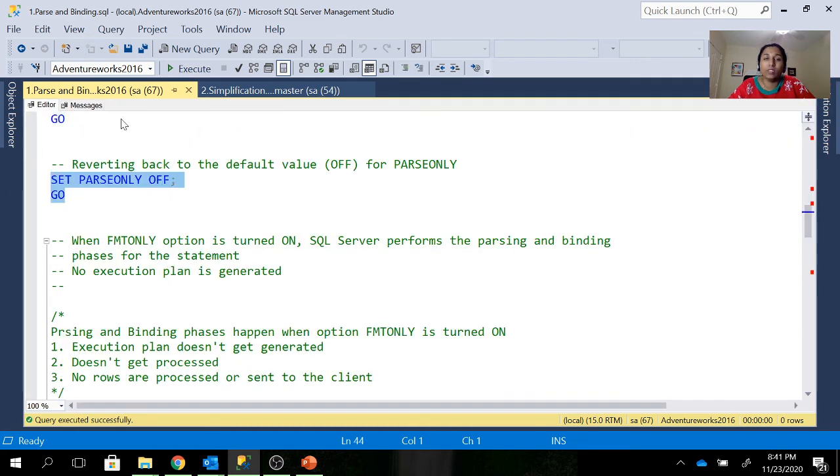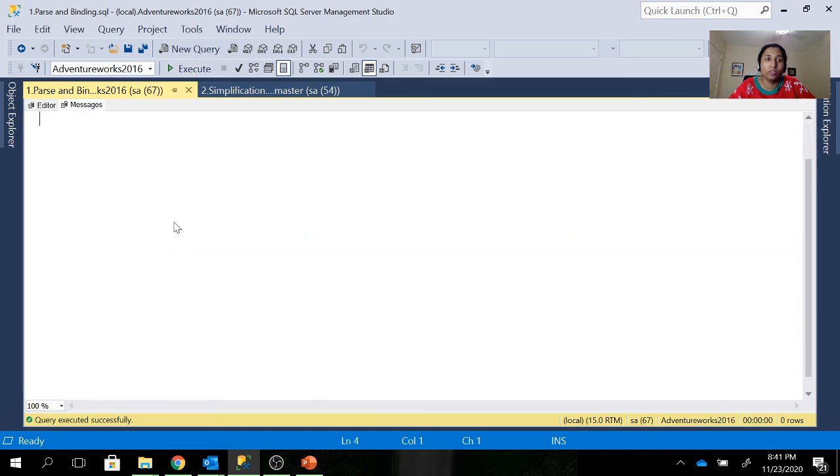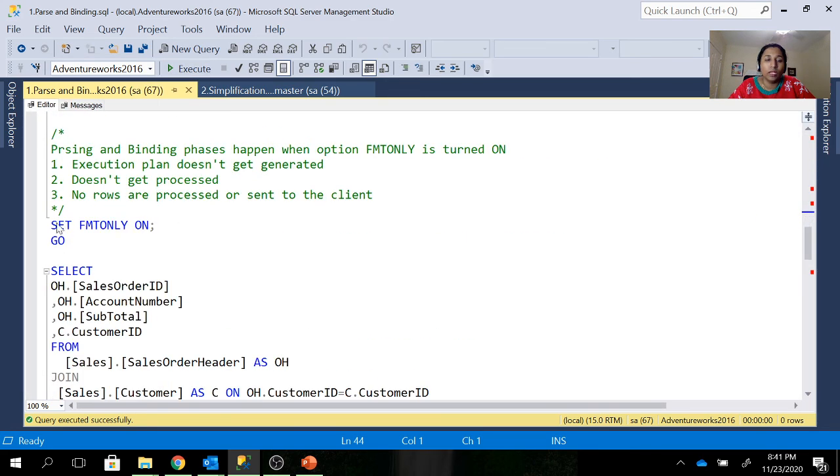Let me turn off this parse only option, and now let me turn on the format only option. Now when I turn this format only option on, the parser as well as the binder components will be invoked. Basically the format only option is deprecated, but for this demo I would like to use it, and until this option gets completely removed we can use it, right?